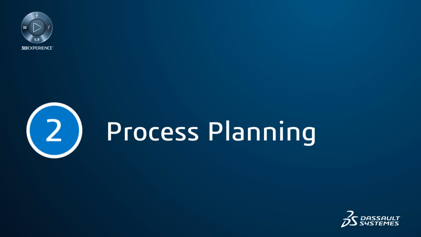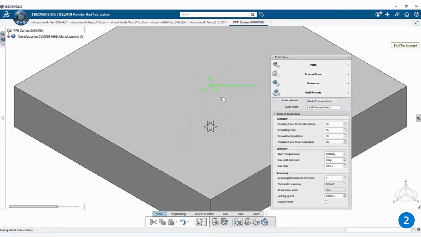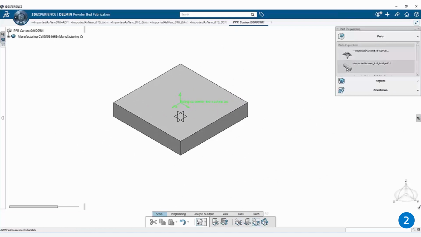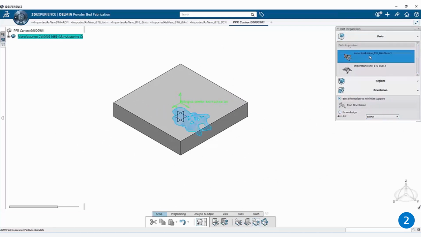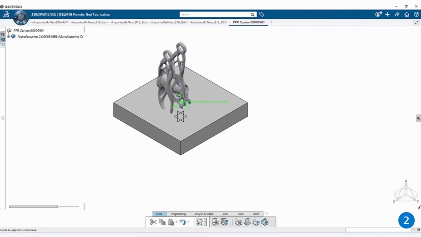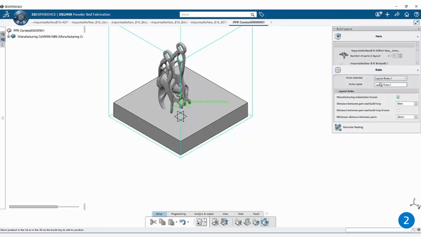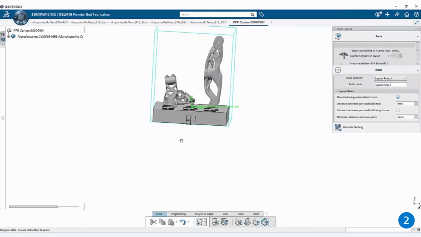The additive manufacturing fabrication applications allow you to design and plan out any additive process. For your machine of choice, you can create a build volume and build plate, automatically nest parts to maximize build volume usage and minimize supports,